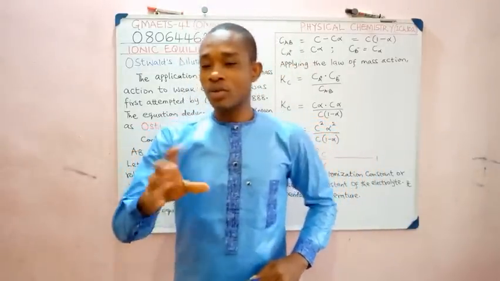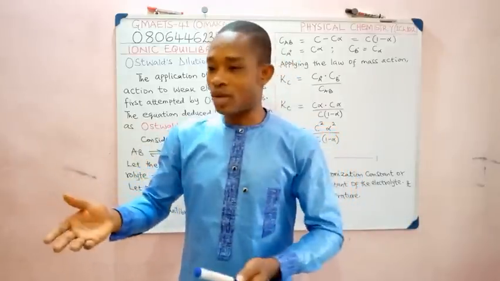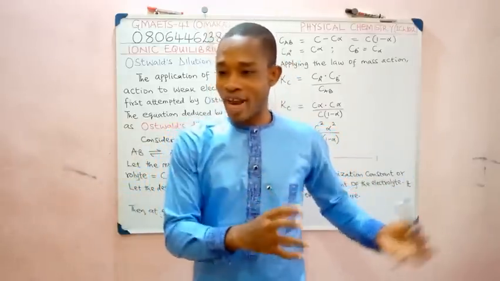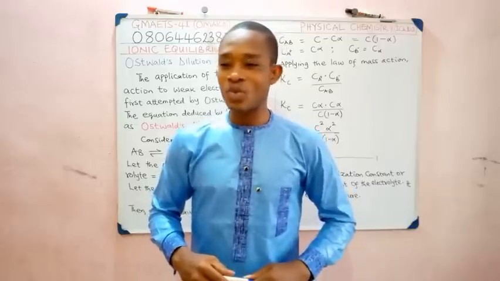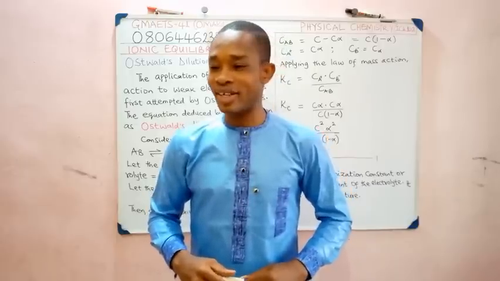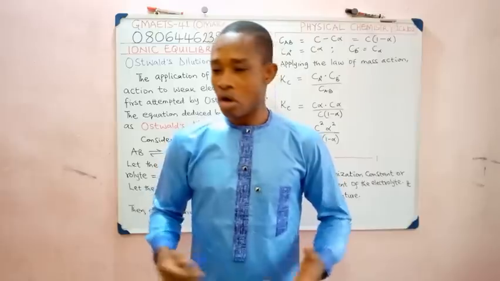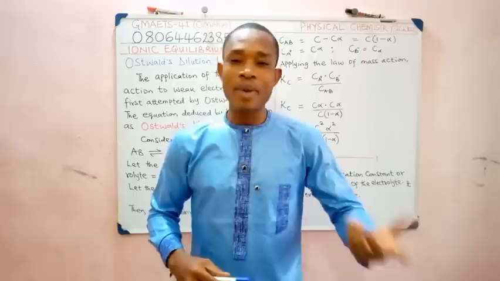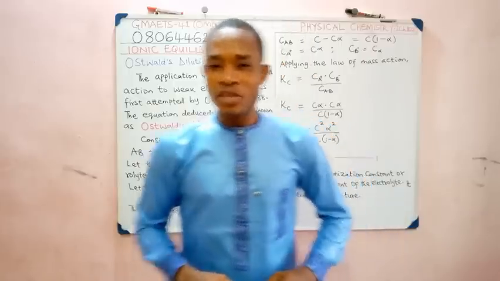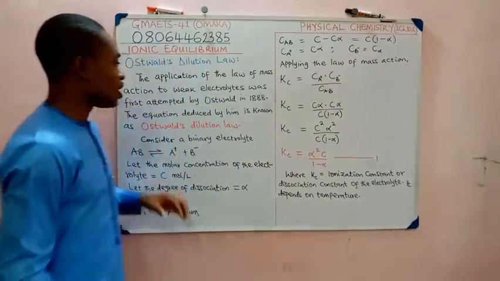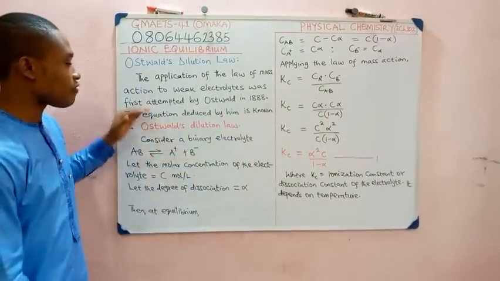Now, that law can be applied to both chemical equilibrium, where you deal with compounds reacting, and you can also apply it to ionic equilibrium, where our interest is the reaction between ions, or perhaps a compound dissociating to give us an ion. The first attempt to study the law of mass action applied to ions was put forward